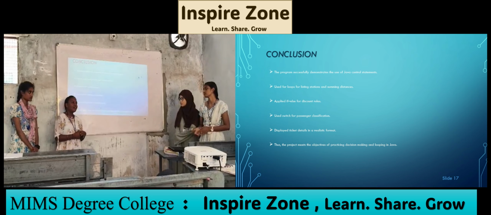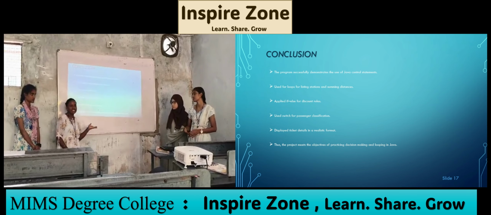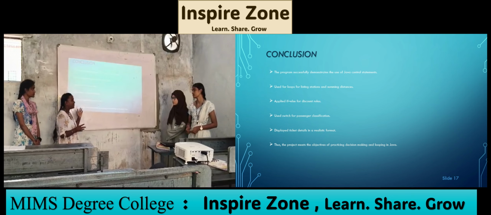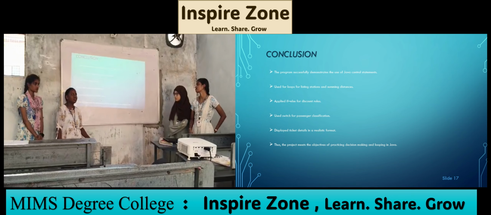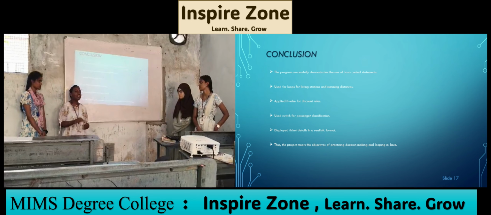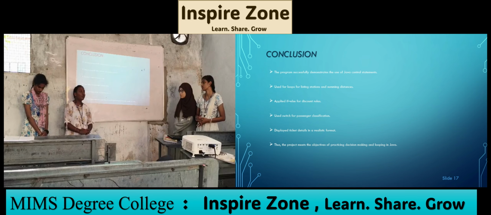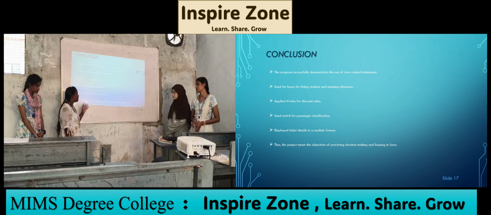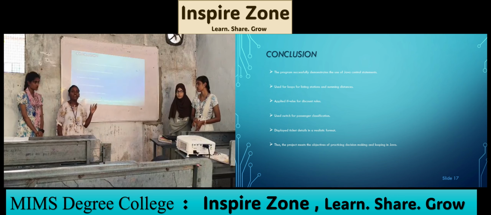Discount prices: the child has a different price and the adult has a different price. So we use the else statement, and also we use the switch for the passenger type, whether he is adult or child. So in conclusion, I would like to say that in Java, in this program we are